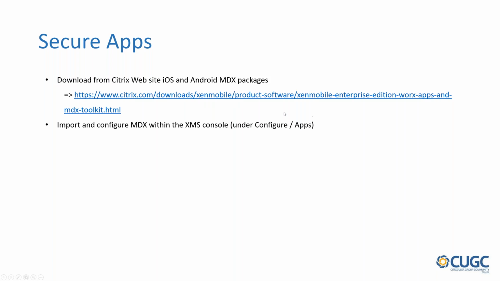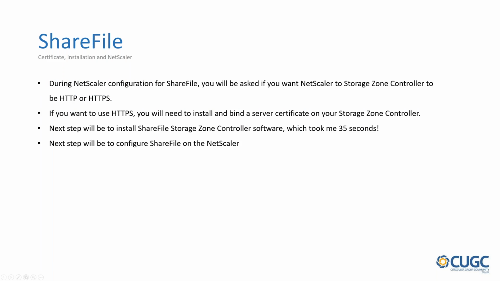And that's it. So after doing that, we get the last things to do for the POC. It's ShareFile. For ShareFile, you need to take care about some stuff. During the NetScaler configuration for ShareFile, you will be asked if you want the NetScaler to